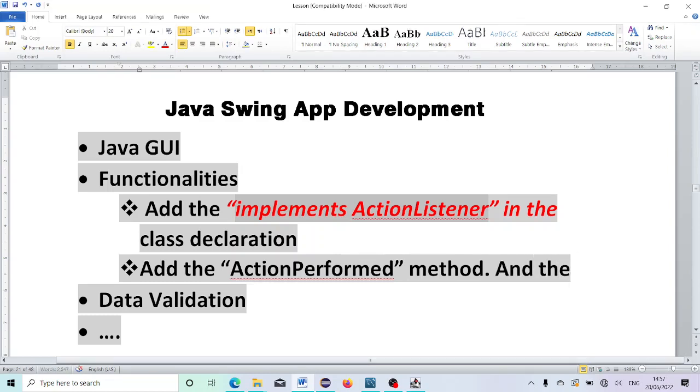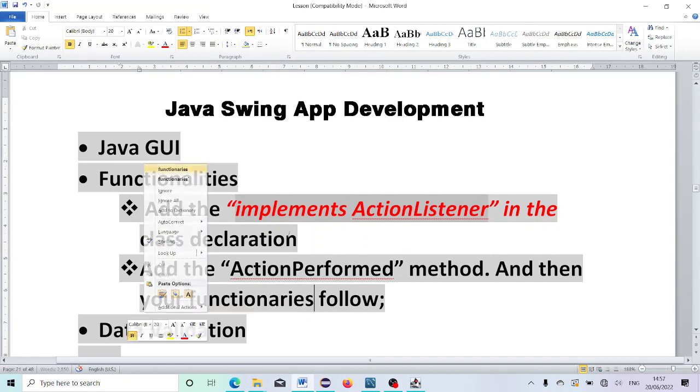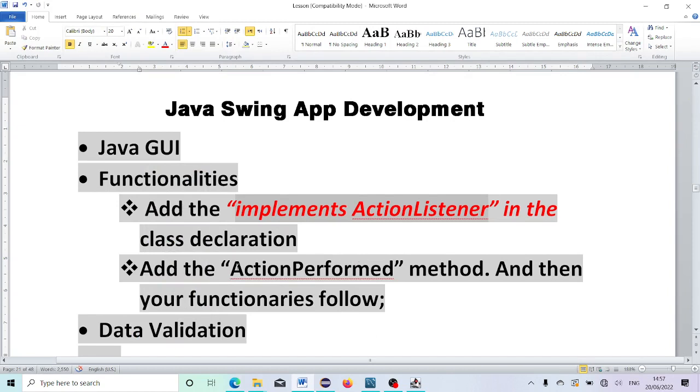And then your required functionalities follow. Right? So I don't know whether it is understood. I'm trying to write something for you so you can refer back to it